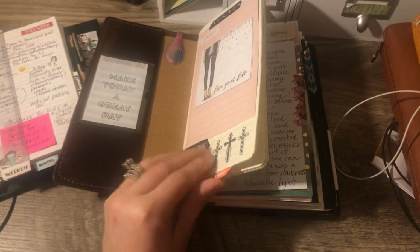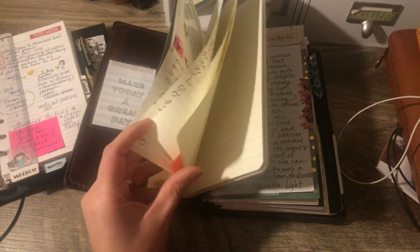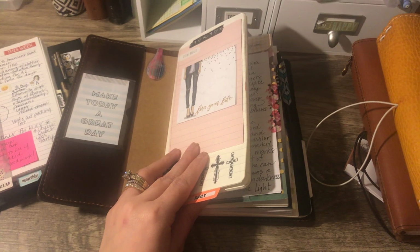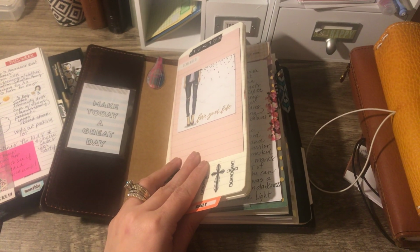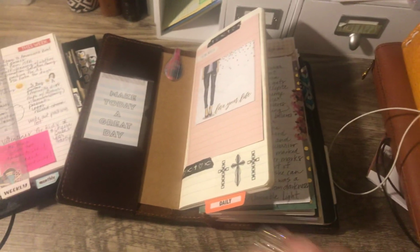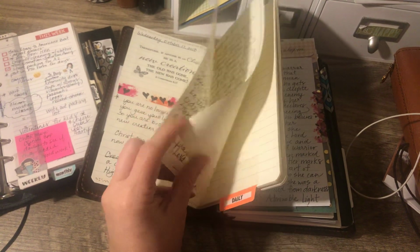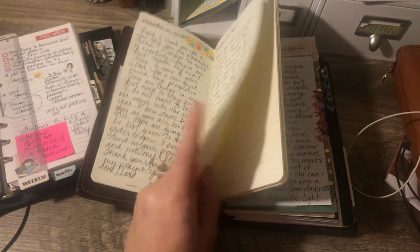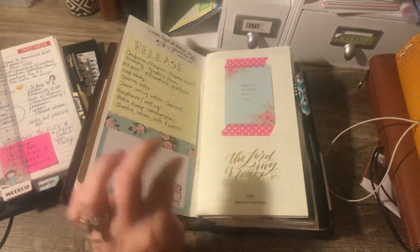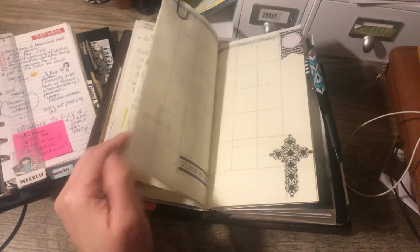This is a Bible study notebook that I created, and I haven't been really using it because I've been using my regular TN notebook. So this here, my thought was the daily Jesus Calling kind of talks that God would have with me. The next one was going to be a scripture plan, which I would put on a monthly